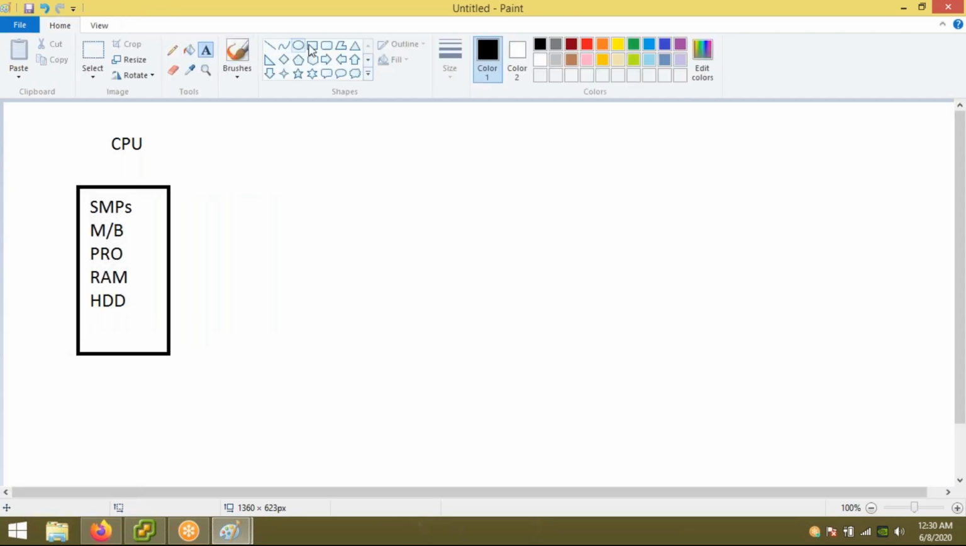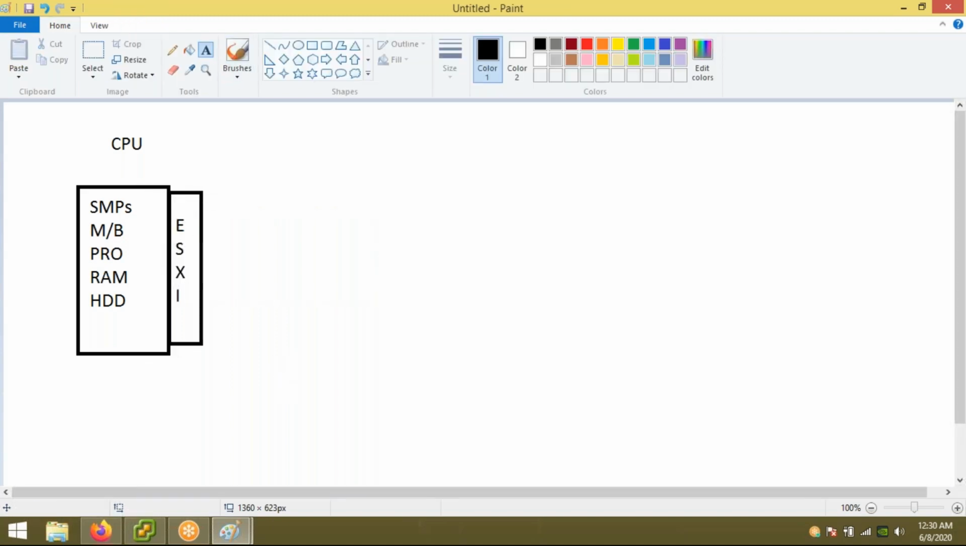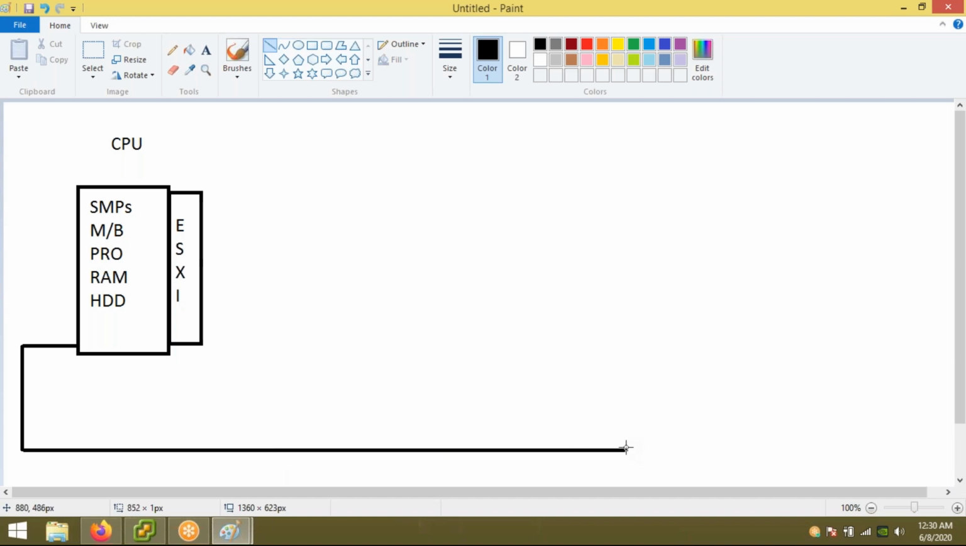Now on top of this box, I have installed a product of VMware's, which is nothing but ESXi. ESXi is what I've installed. So when I've installed the ESXi, now this ESXi box is being connected with a switch. It's been connected with a switch,